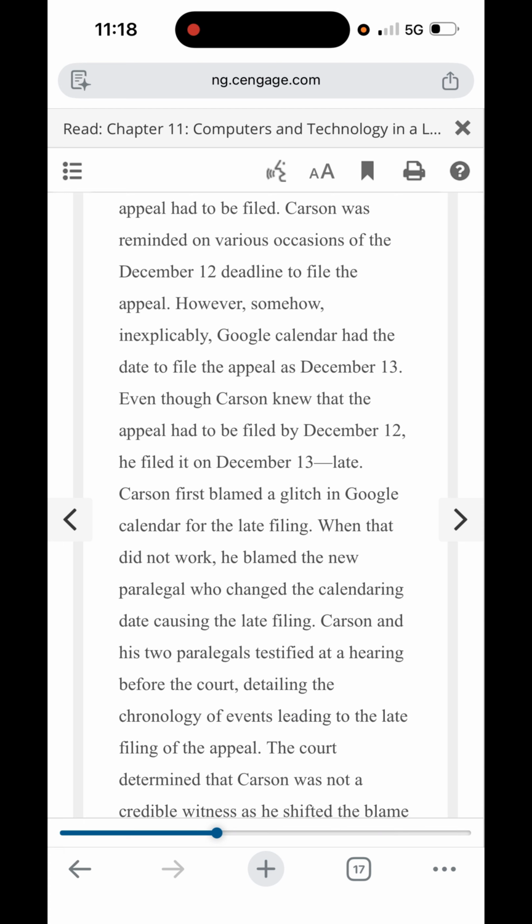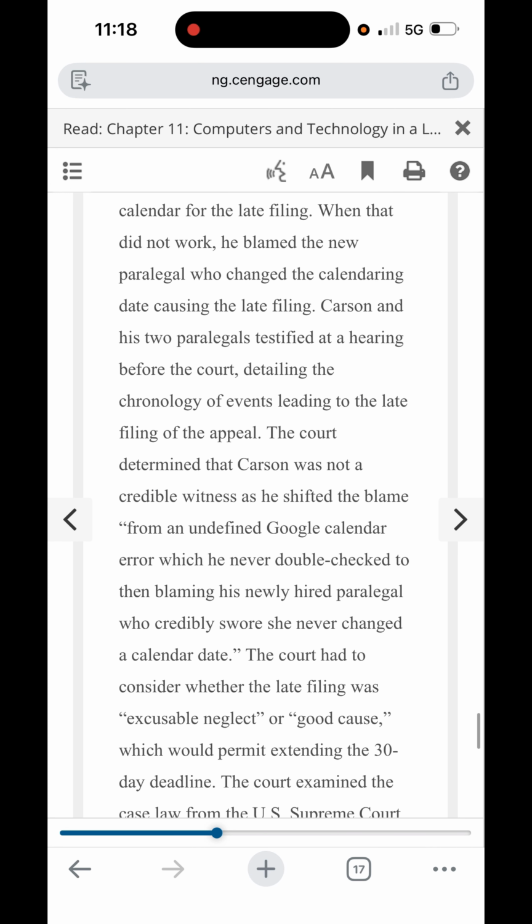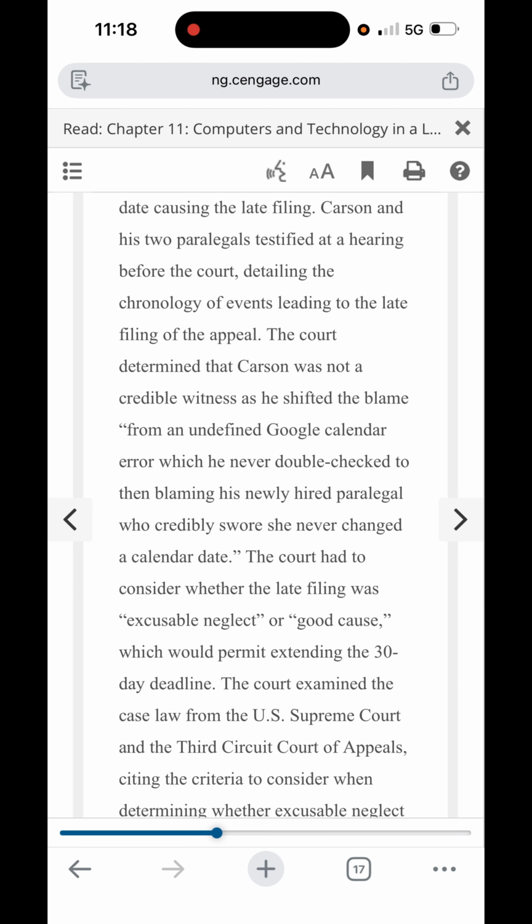When that did not work, he blamed the new paralegal who changed the calendaring date, causing the late filing. Carson and his two paralegals testified at a hearing before the court detailing the chronology of events leading to the late filing of the appeal. The court determined that Carson was not a credible witness as he shifted the blame from an undefined Google Calendar error, which he never double-checked, to then blaming his newly hired paralegal, who credibly swore she never changed